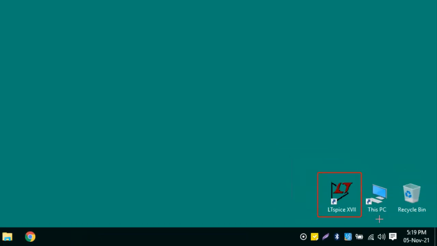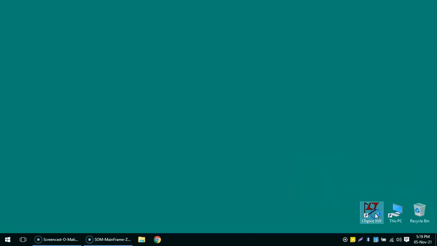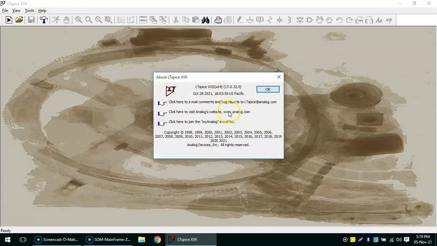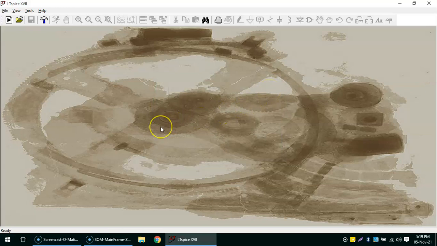So I now double click this icon and the LTspice 17 will open. You have to use this version of LTspice or higher because of the number of different sample circuits which I have already uploaded on my website. Those examples will be essential in order to study the